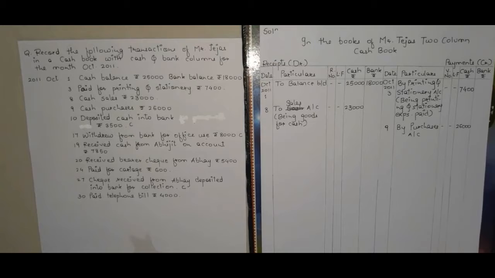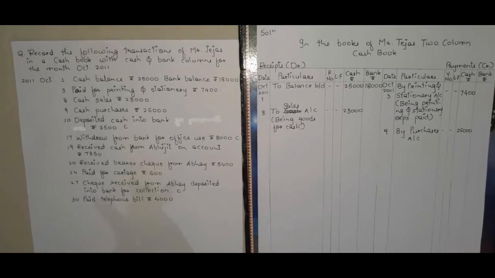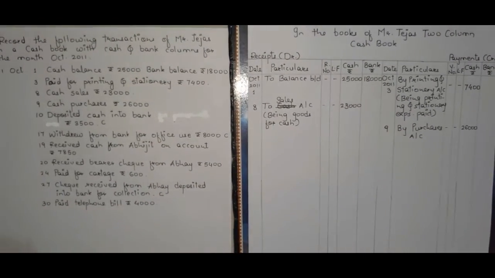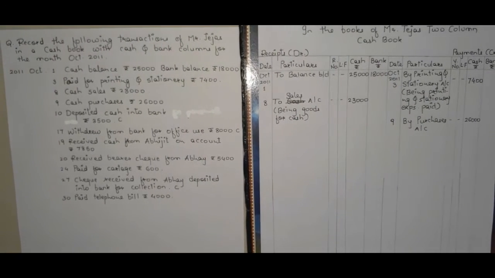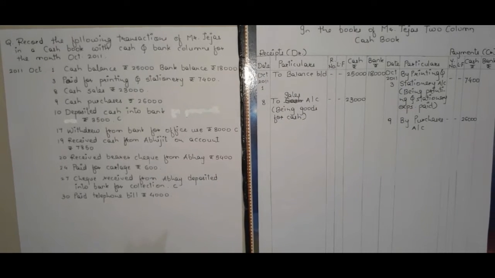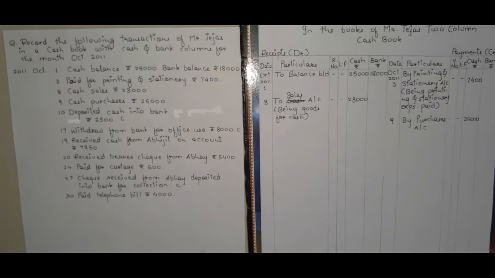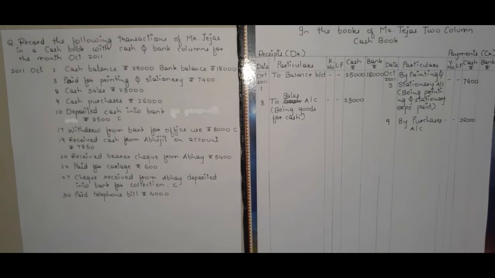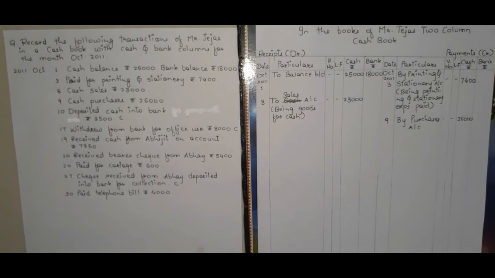Just remember, until and unless the mode of payment or mode of receiving amount is given in the transaction, by default write all the amount in the cash column. Just remember this thing, it is a tip I would like to give you so that you won't make mistakes while recording transactions, and also you will not get confused where you should record the amount. So if the mode of payment or mode of receiving the amount is not given, by default write that transaction's amount in the cash column.